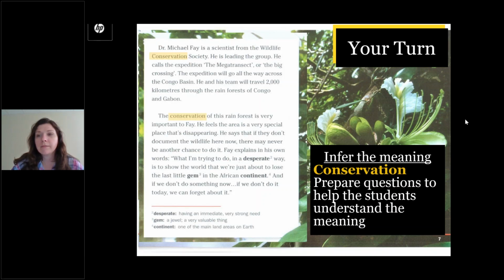Wait, just a second. I've been looking through a text. So, the conservation of rainforest is as important as the conservation of wood and water and flora and fauna. So, what is more important? Is it the same? Yeah, good.